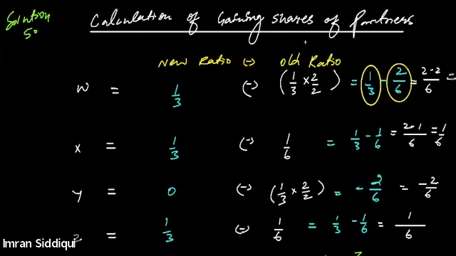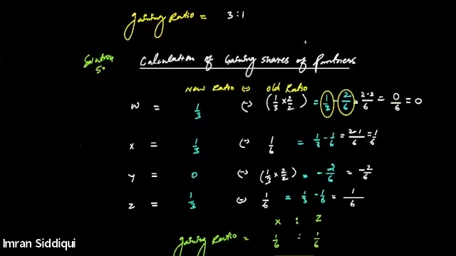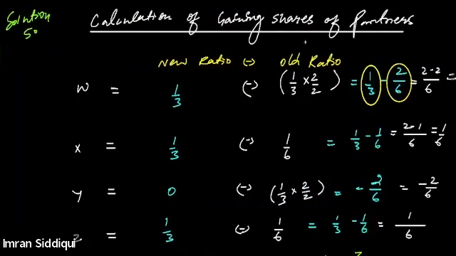So after subtracting 2 by 6 out of 1 by 3, we will get 0, right? Got it, everyone? So no gaining, no sacrificing for W. All right. Then if you talk about the X, so when you will calculate the gaining share for X, you